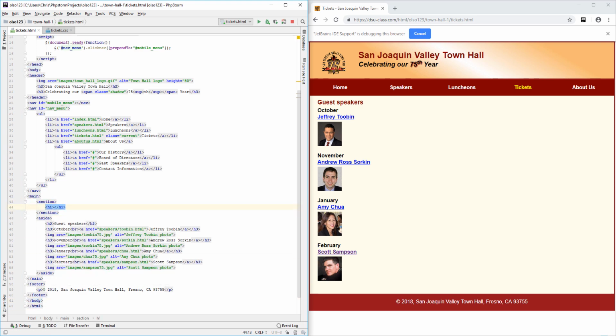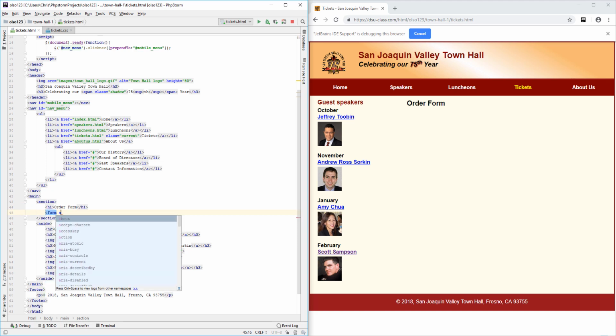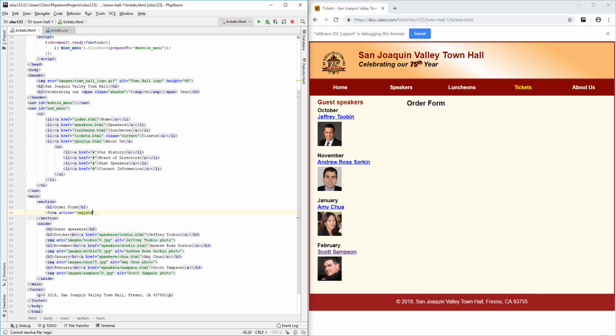The exercise in the textbook has you open an existing form and modify it. I thought it would be more effective and better for your assignment if I started from scratch. So in the section element, I will insert an H1 element or heading for order form. Then I will create a form element with the action set to